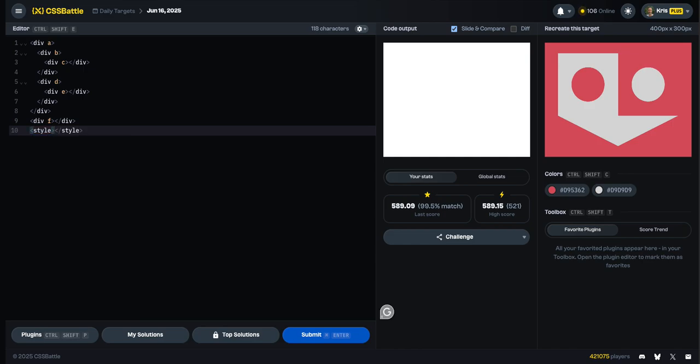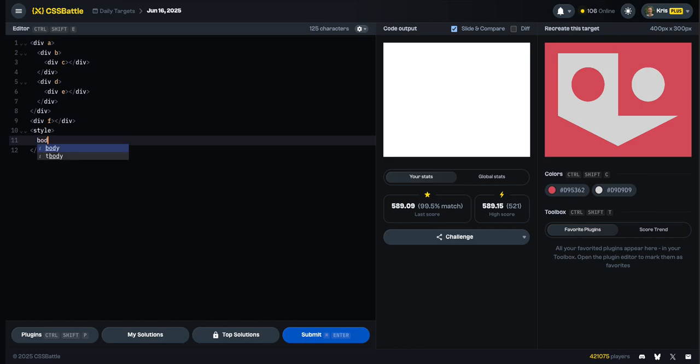Alright, and then we're going to go into styling. So first thing I always do is I get the background colors out of the way. So the body, along with the first circle, or the circle on the left, and the box on the right are all that pinkish color. So that first circle on the left is C, the box on the right is D,